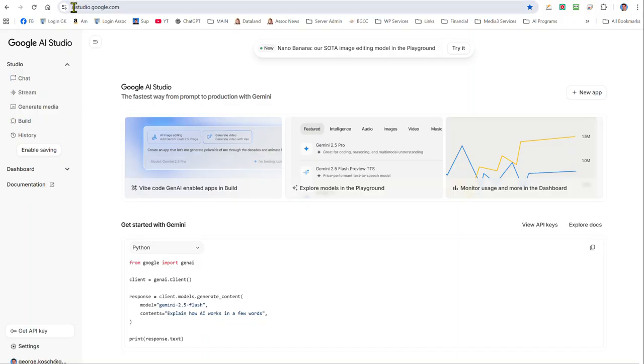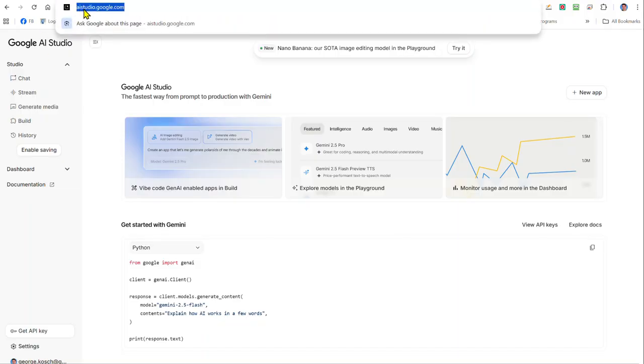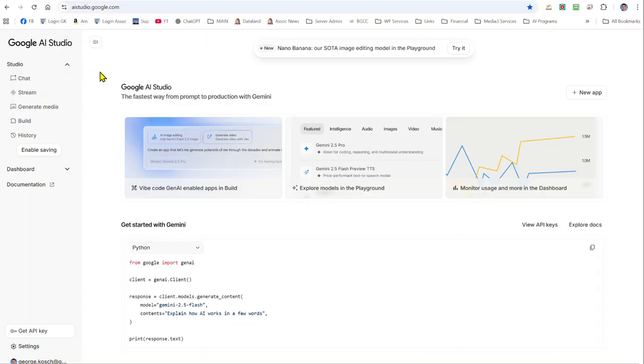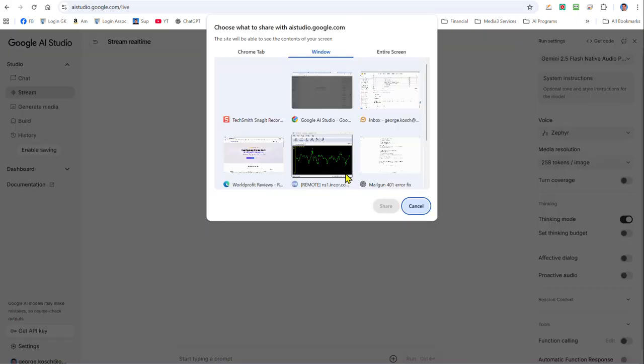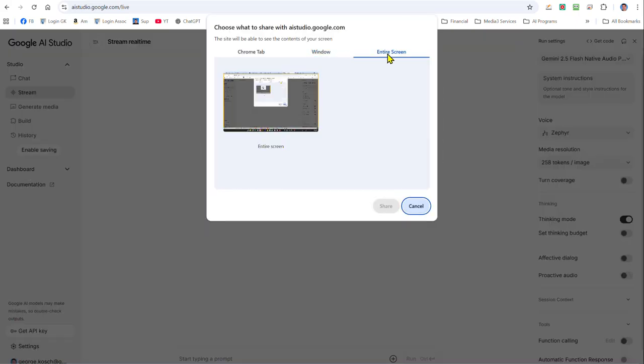Go to this site. It's called AI Studio, aistudio.google.com. Totally free. Doesn't cost a nickel. Go to your stream, click on stream, do exactly what I'm doing, click share screen, and I always go entire screen. So you pick entire screen, and what we'll do is it's going to help you figure out